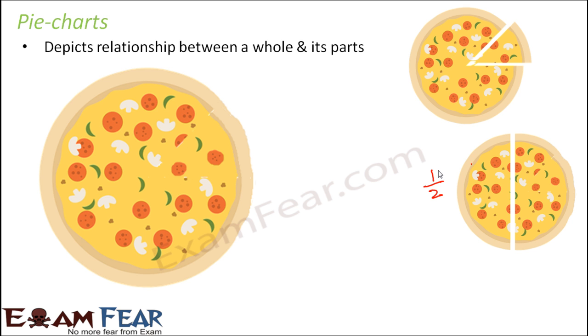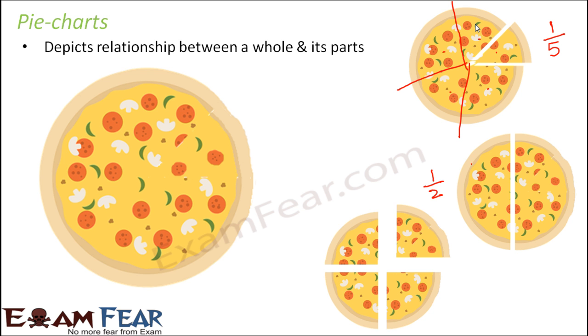Similarly, if your friend says that they ate 1/5 of the pizza, that means one slice out of 5 slices. If the whole pizza is divided into 5 equal slices like this, 1, 2, 3, 4, 5, so 5 equal slices, then out of those 5 equal slices, your friend ate 1. So 1 out of 5 represents the relationship between one part and the 5 parts, which is nothing but the whole. So how much out of the whole did your friend eat?